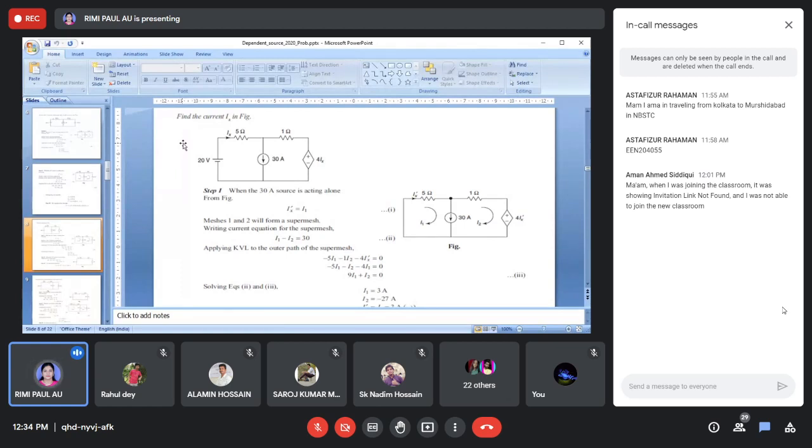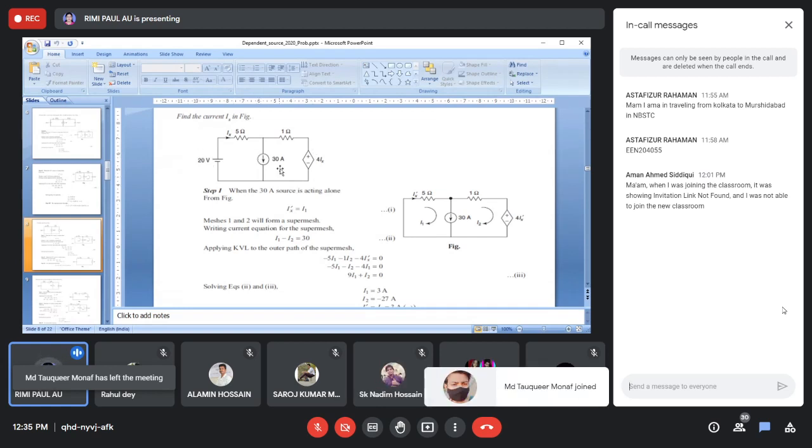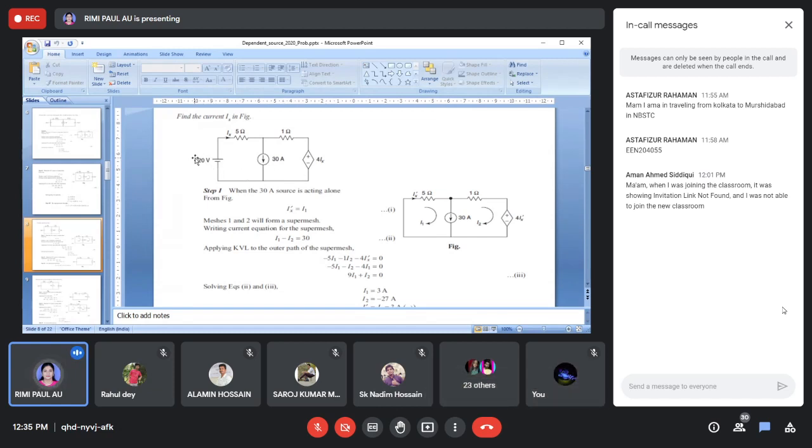So you have to apply superposition theorem to this problem to find out the current Ix. This problem I will solve again, I missed one thing. Here we can see two sources are present. One is a dependent source, and the two are independent sources. One is a voltage source, another is a current source, and this is also a voltage source.